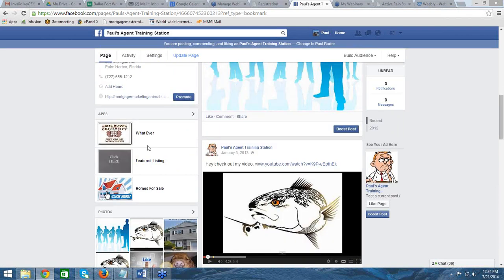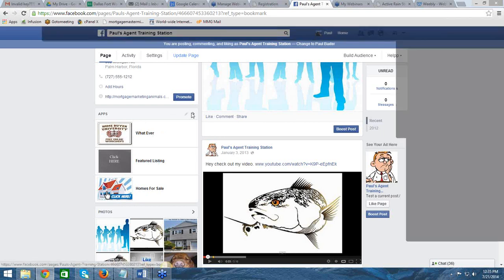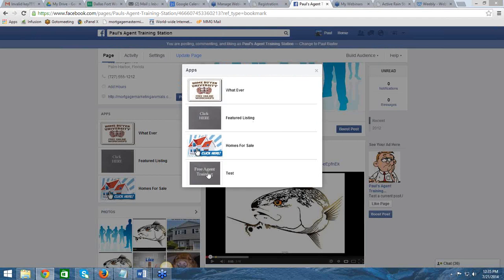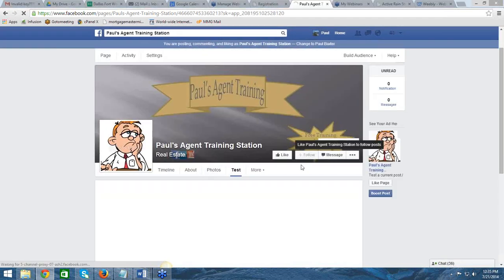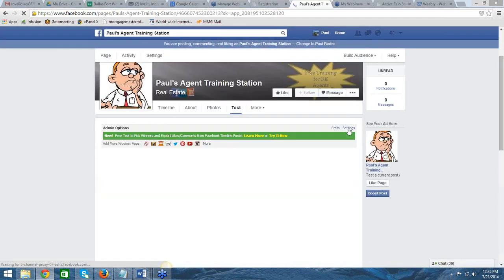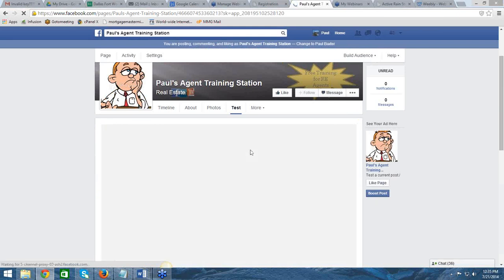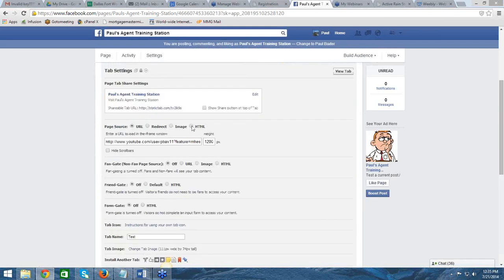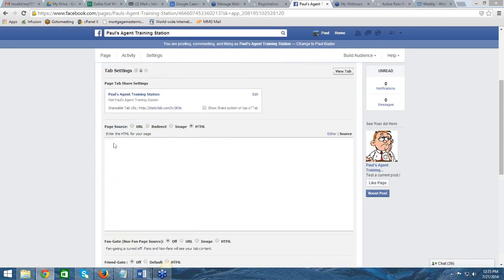There's some tabs that I've already done here. What other tabs do I got? I'll do it on my test tab. So we'll come in here and we'll go to the HTML. Now I'm going to go ahead and put my form in here. But then I'm also going to click at the very top of my form and give some space because I want to come over here